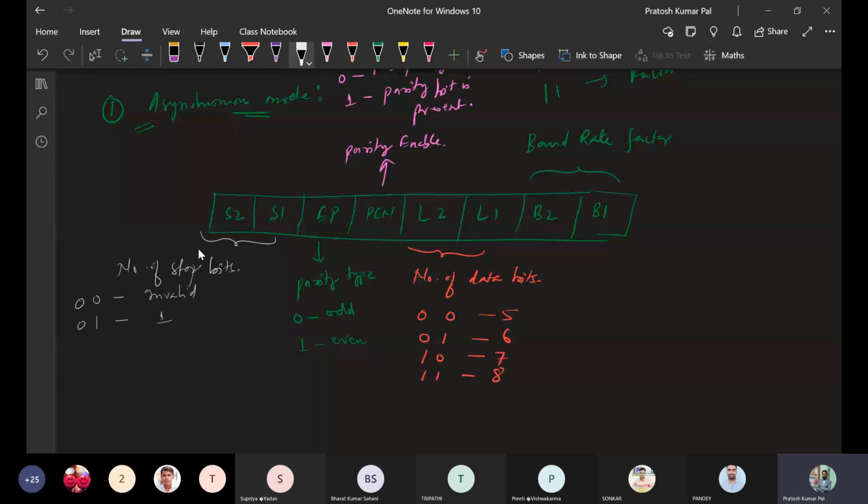If it is 10, that means 1.5 stop bits will be used. If it is 11, that means 2 bits for a stop bit. So this is the asynchronous mode. If it is asynchronous mode, then the format of the mode register will be given by this.